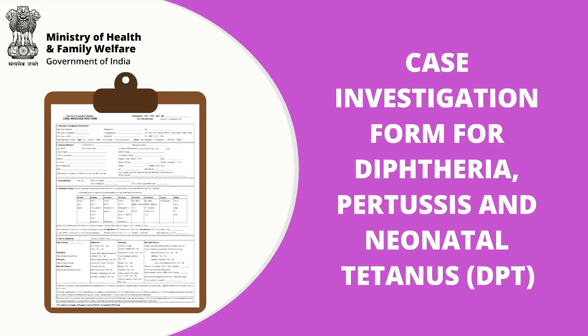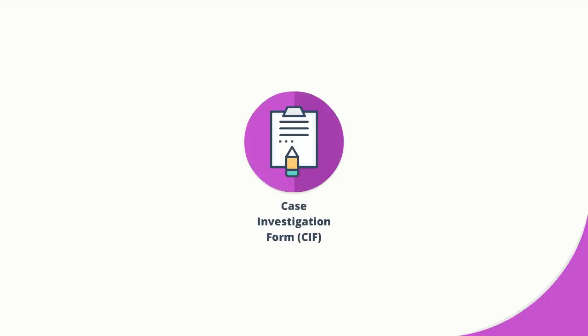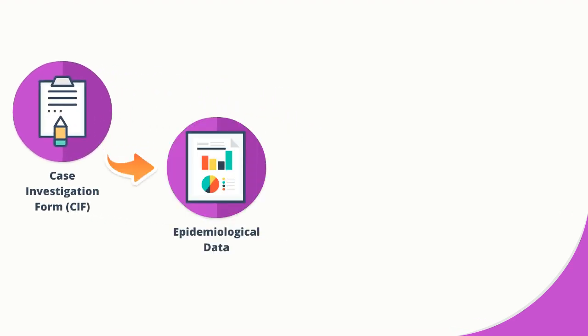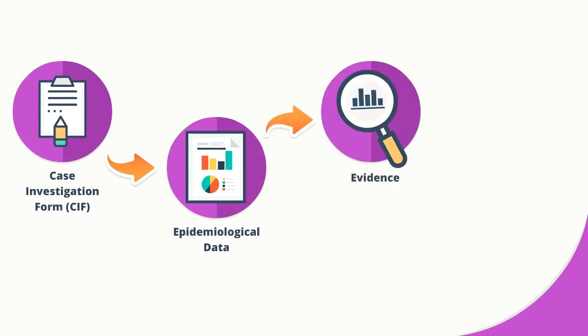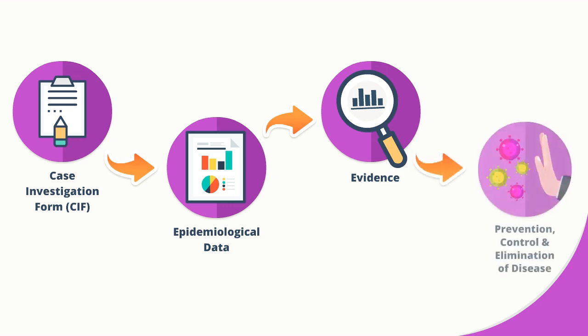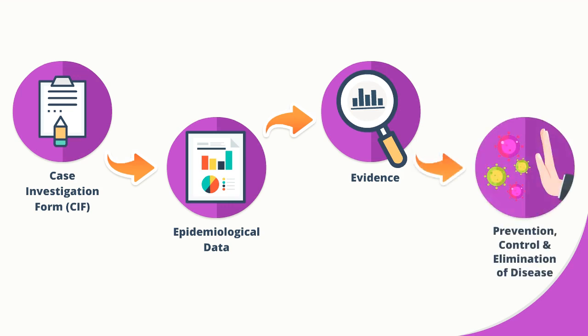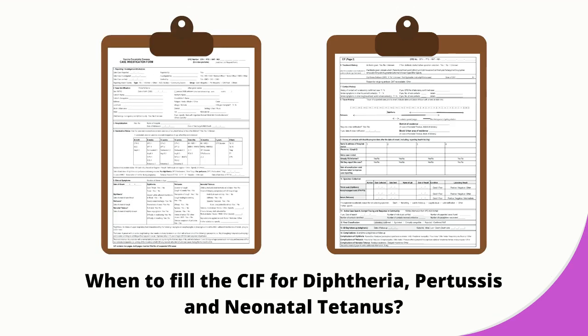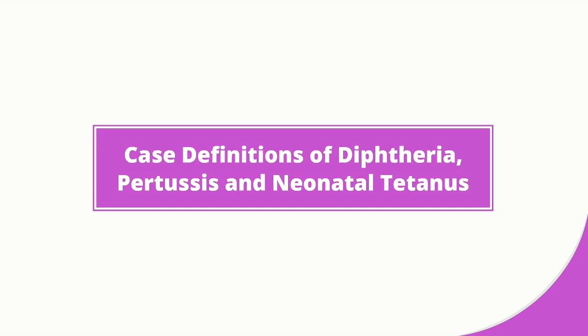Lab-supported case-based surveillance for diphtheria, pertussis, and neonatal tetanus utilizes a common case investigation form. The case investigation form, or CIF, is an important document to get the epidemiological data on the disease. Evidence generated by this data helps in development of strategies for prevention, control, and elimination of the disease. CIF has to be filled for all the cases fulfilling the case definition criteria for the disease as mentioned in